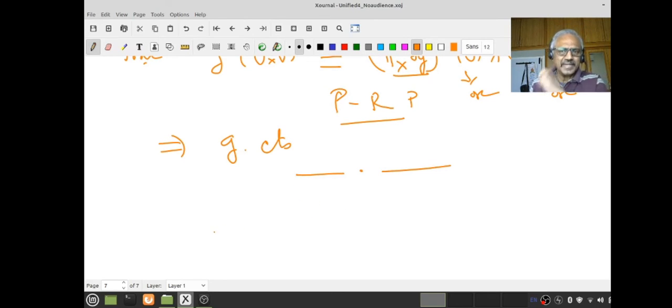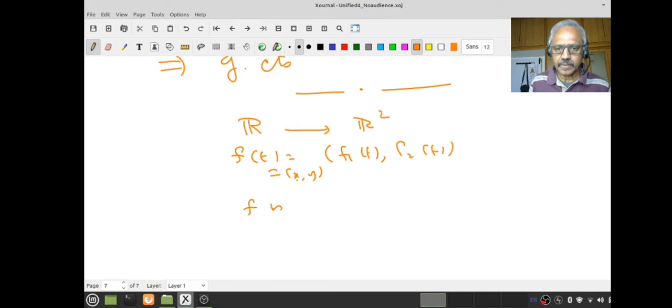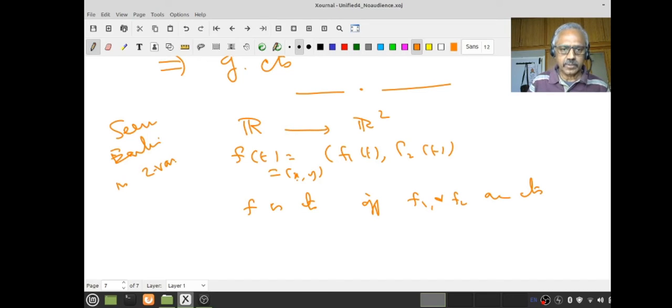Now what is really happening? In the case of Rn, when you dealt with multivariable calculus, even in BSc with R2, you would have seen, suppose I have a map f from R to R2, then f of t equals f1 of t, f2 of t, right? This is equal to x, y, but this x will depend upon t, therefore I call it f1 of t and f2 of t. Therefore I have maps f1, f2, and you must have seen f is continuous if and only if f1 and f2 are continuous. Okay, this you must have seen earlier in two variable calculus or multivariable calculus,